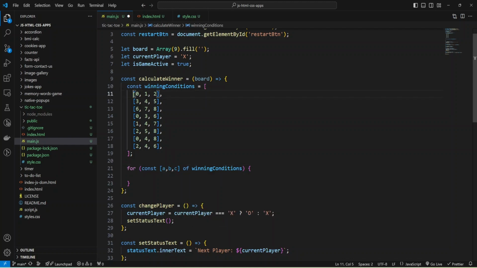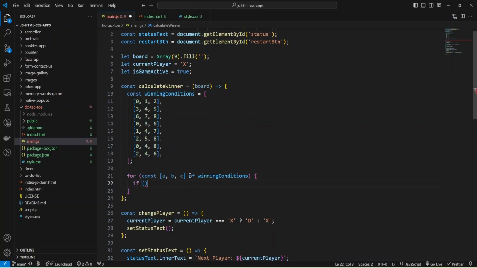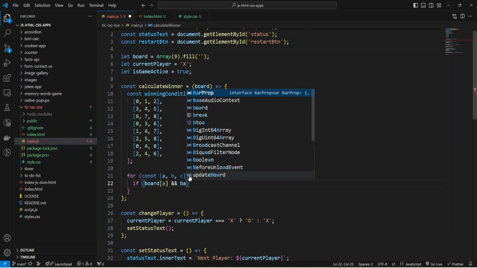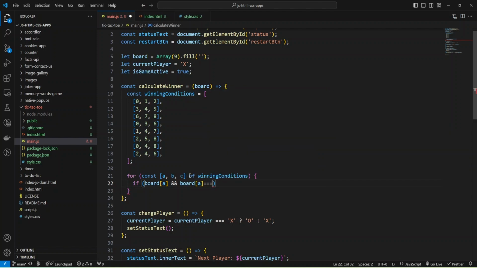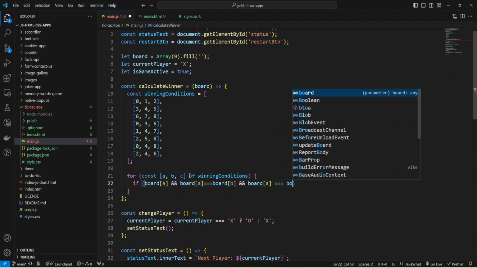So for first it will be 0, 1, 2, and these values will be stored into A, B, C. And now we can add condition and check if board A, if we have board A, and also board A equals to board B, and also board A equals to board C.